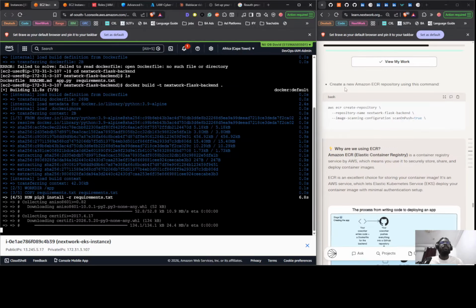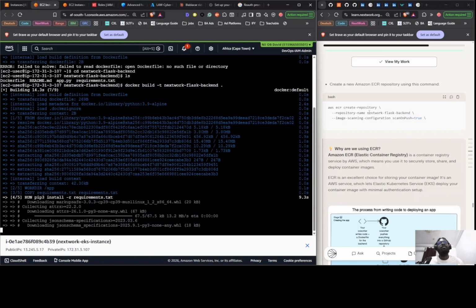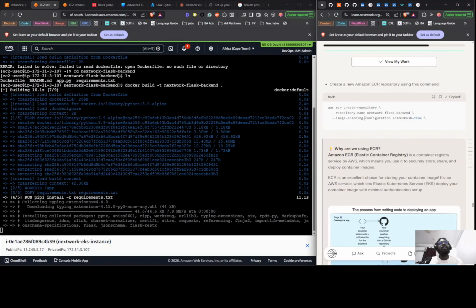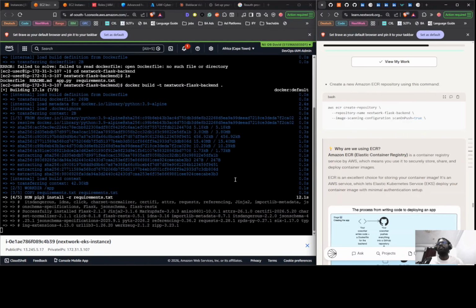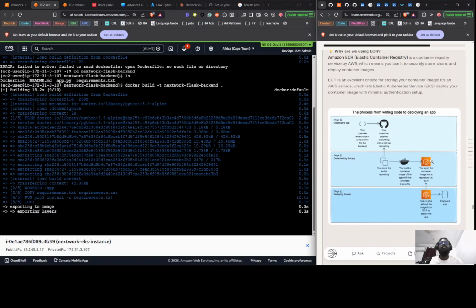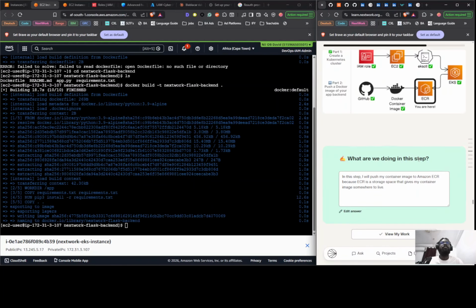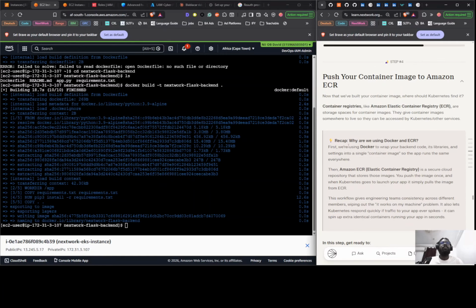Oof. We're going to have to create a new Amazon ECR repository. Elastic Container Registry. That was what it was called. We're going to take this. It's going to be too much to type everything, but okay. In the meantime,